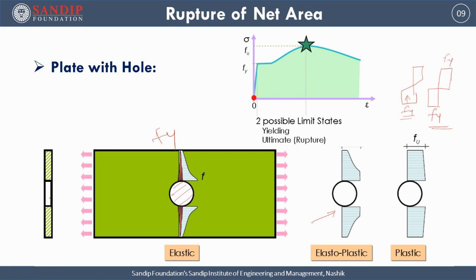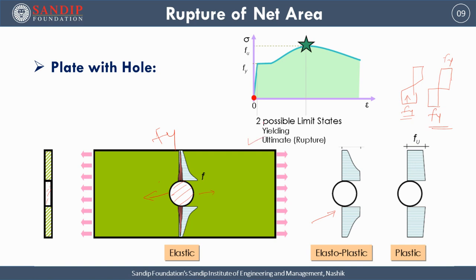Here in the cross section also you can see the discontinuity. This is the discontinuity just because of this bolt hole, where you have to put the bolt for connection purposes. In the vicinity of this, stress concentration will take place, and slowly, steadily, as you go on increasing the load, it enters the elastoplastic region, then ultimately reaches its plastic value, and then this section fails. This type of failure is known as rupture failure.